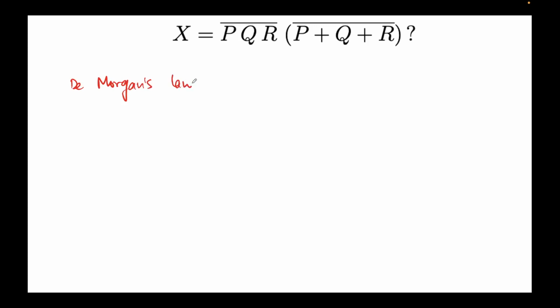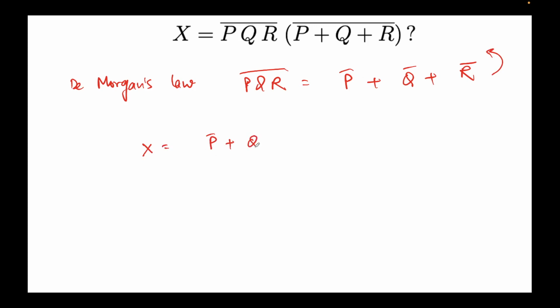So DeMorgan's law: (P Q R) whole bar, I can write it as P bar plus Q bar plus R bar. Previously we saw it in 2 variables, and for 3 variables the form remains the same. So here you can see the conjunction has been broken into disjunctions, right? So I'll use this and put this back here. Okay, so this will turn out to be then